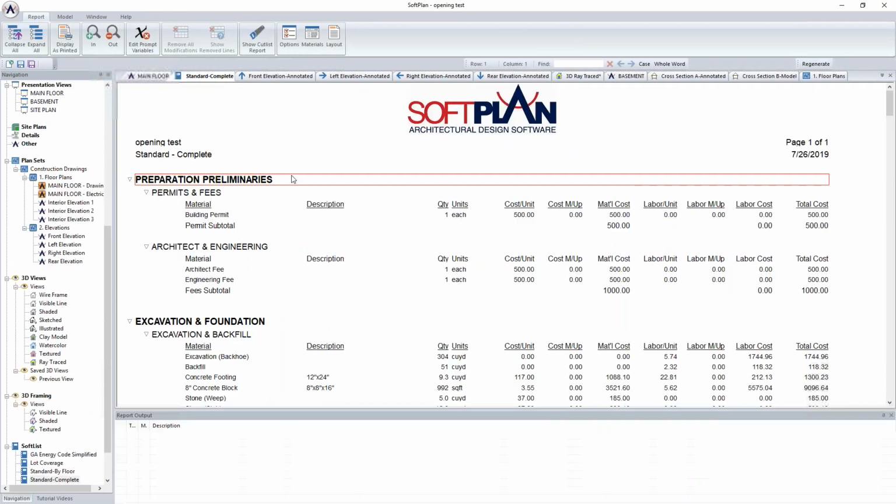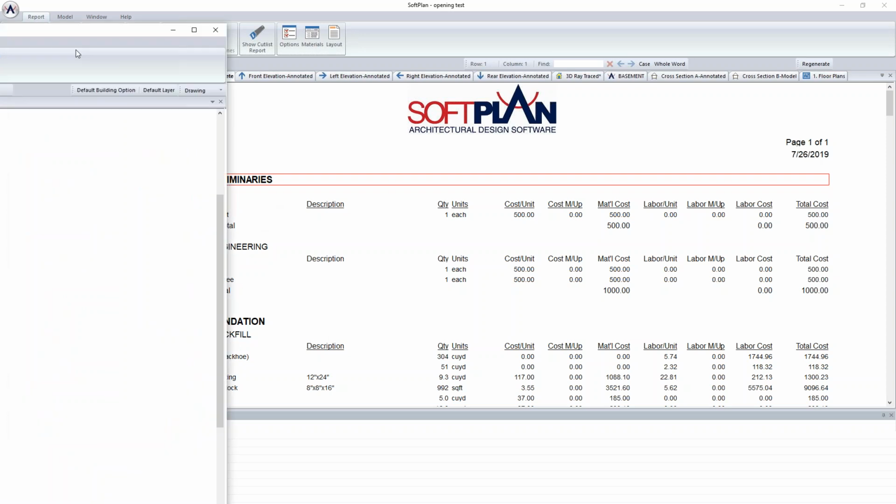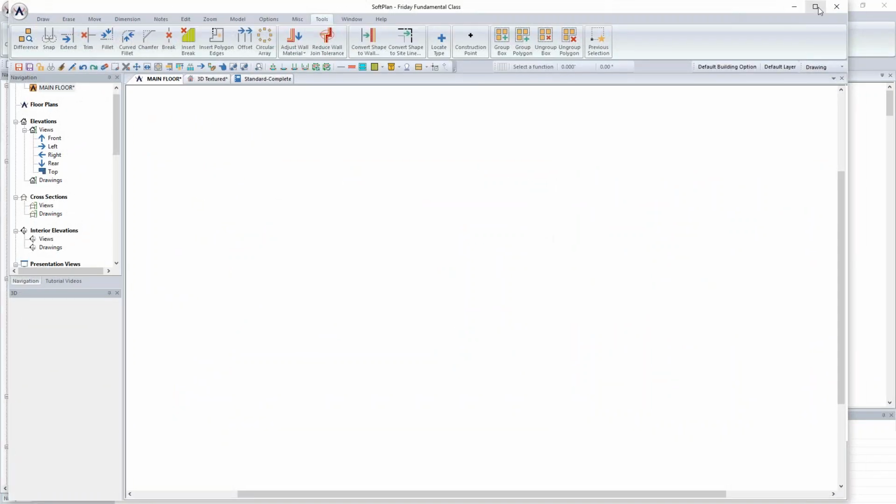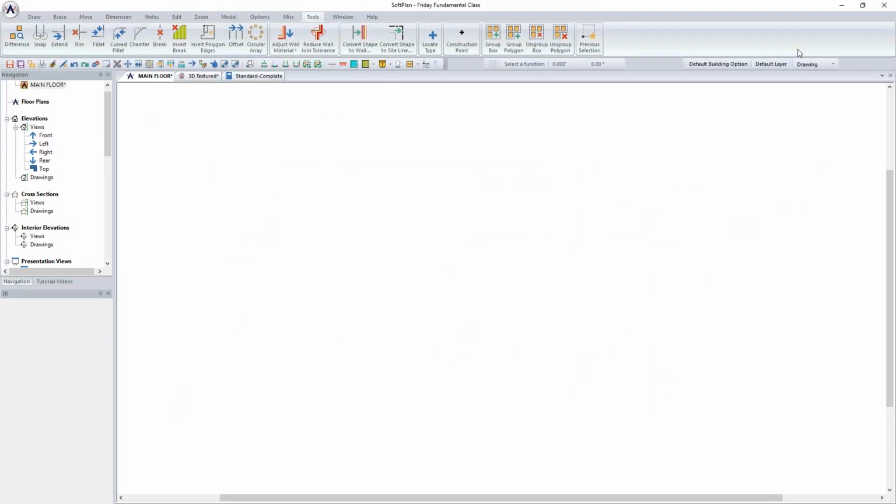of materials. It's important to note that when you're drawing within SoftPlan, you are drawing towards a three-dimensional model and towards the bill of materials. As you do that, using our object-oriented drawing software, if you draw with those things in mind, you'll have a more complete model when you're finished, and that's what's going to allow you to generate the 3D animations and some of the other things that you may have seen on our website, our user forum, or our Facebook